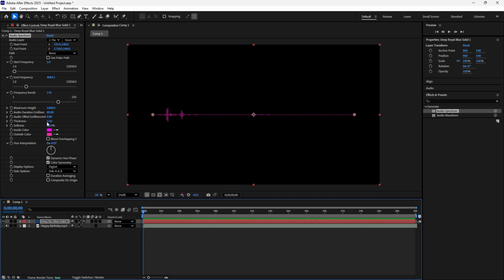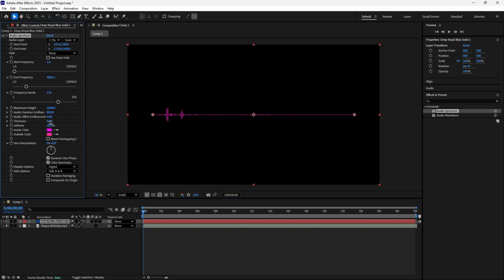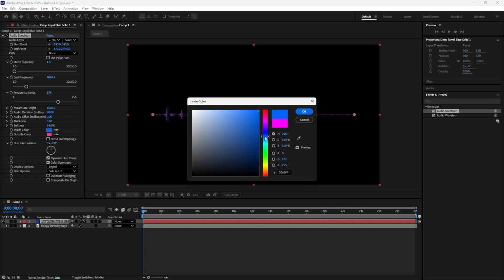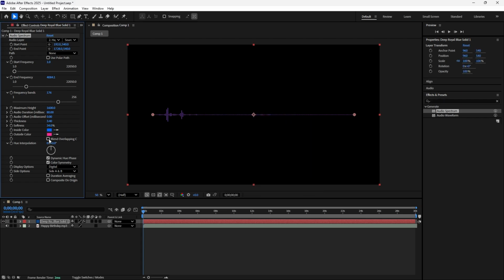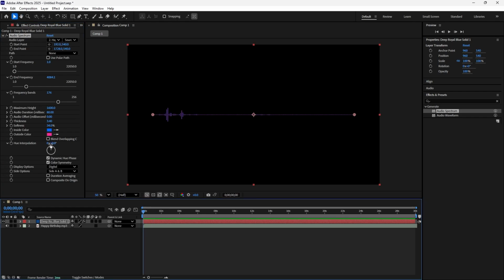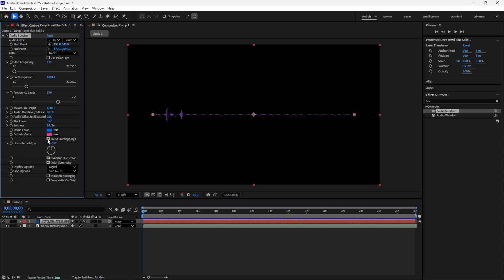Now there is a thickness, you can use the thickness if you want. Otherwise a softness is there, you can give the softness and choose the color. Suppose there is a color, you can choose here. Suppose this is the color, and the outside color, suppose this is my outside color. The blend overlapping, so you can blend this, and the hue interpolation, this is more interesting, this is one,